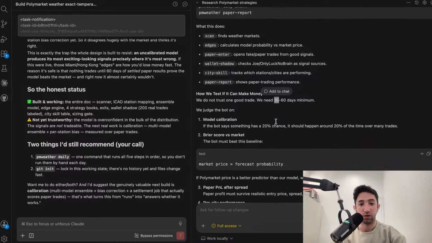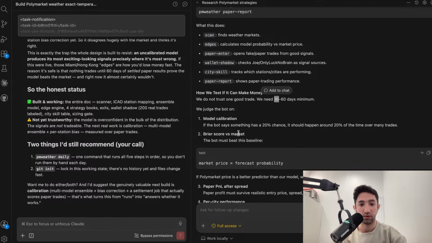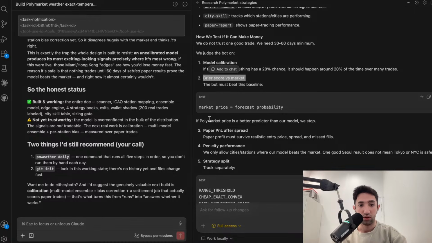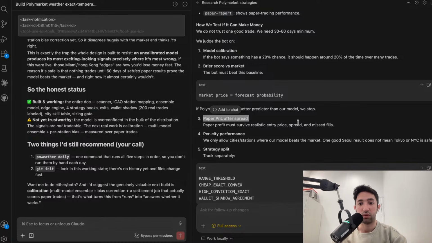We judge the bot on model calibration. We score with market. Whether it is a better predictor than the market, otherwise we stop. Paper profit must survive realistic